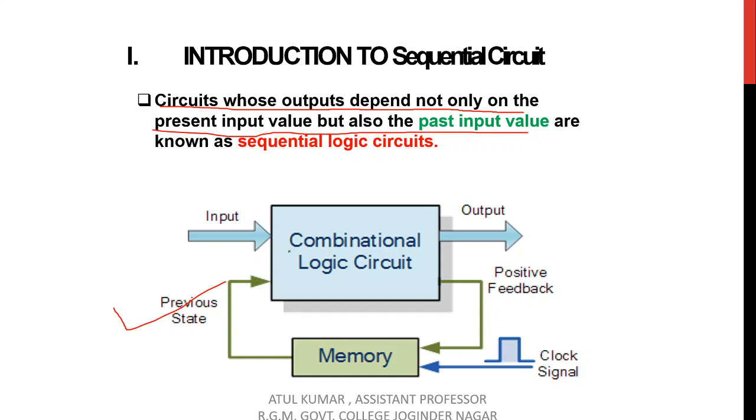We can see here it is a combination of combinational logic circuits and a memory element. In case of sequential circuits, we have a set of two input values. One is the input that is directly coming from the circuit, and the other input is coming from the memory where the output is stored. Similarly, we have a set of two output values. One is the output and the other is given as feedback to the memory, that is stored in the memory and can be used for the next input value.